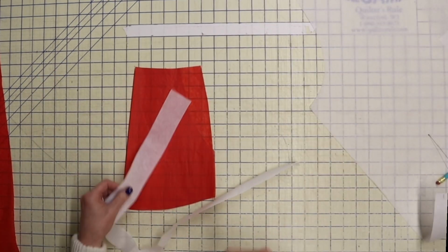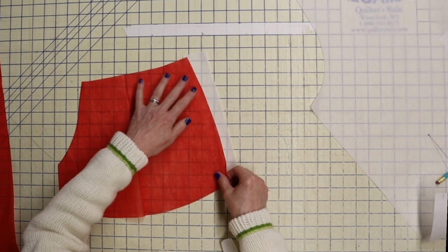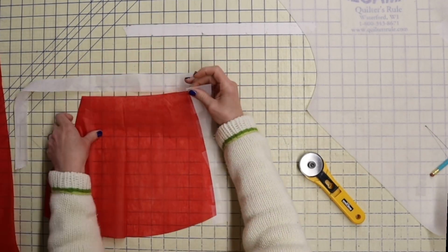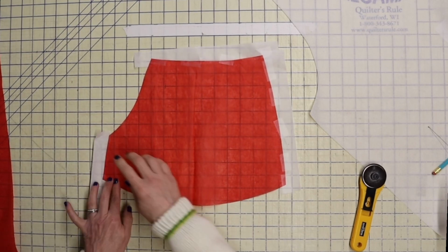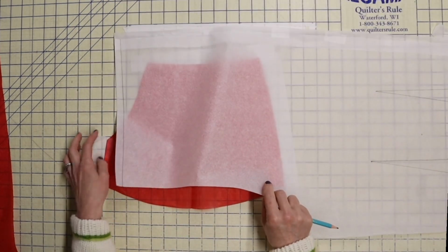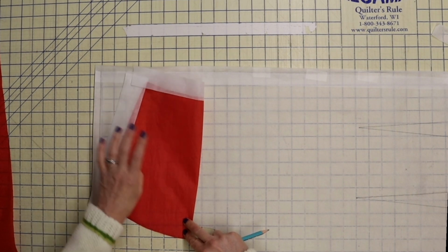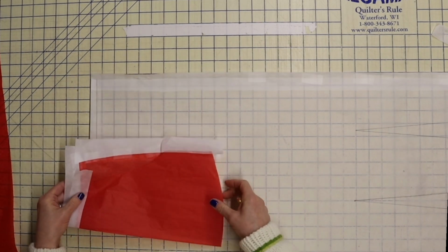So, we're going to need some tissue here on this side. Now, I can lay my pant back down here. Again, for this one, I'm just going to fold it in half, but if yours is a 2-part pocket, you can just lay them on top of each other. Okay, so this is my pocket, and now I can see